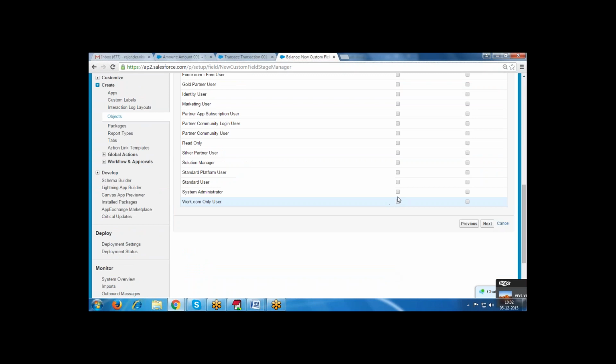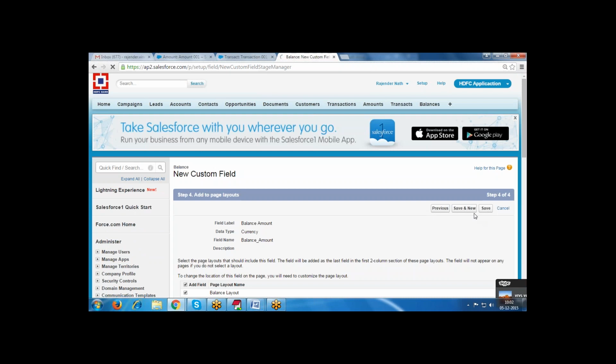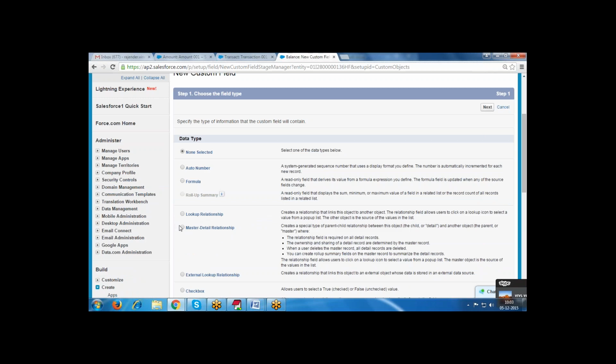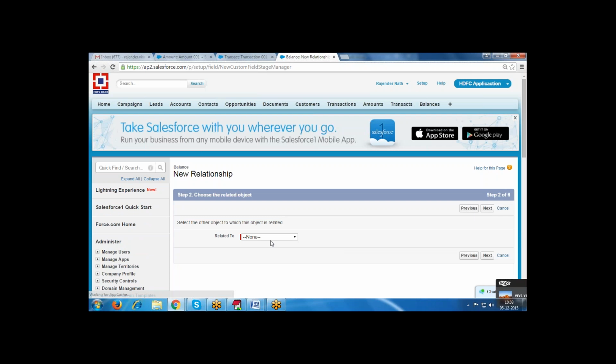Visibility for the system administrator profile. Save and new. One is a master detail relation, master to amount.